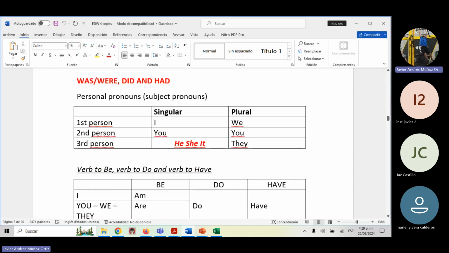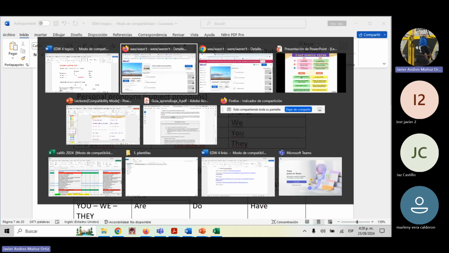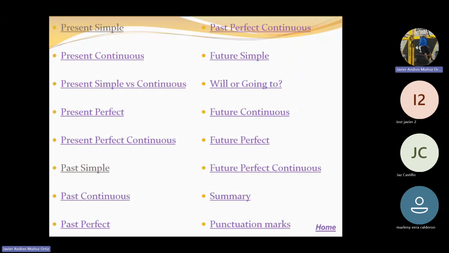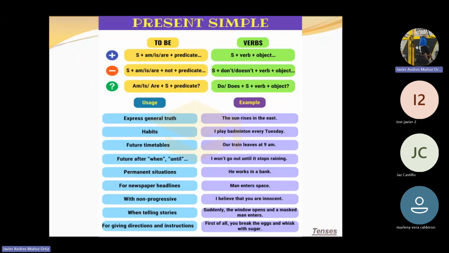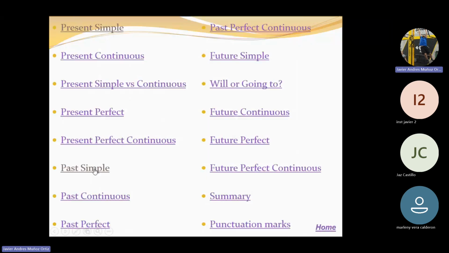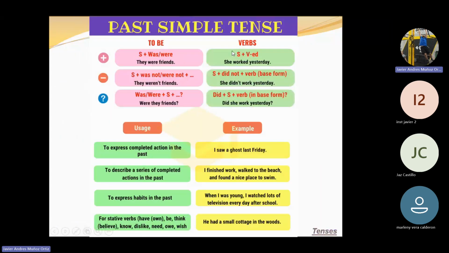So we're going to focus on the second part of the simple past tense. With simple present tense, we said that we have two sides of the coin. We have verb to be and the management of other verbs. The same is going to happen with simple past tense. We have already studied how other verbs work, I mean regular and irregular verbs. Now we are going to focus on verb to be.